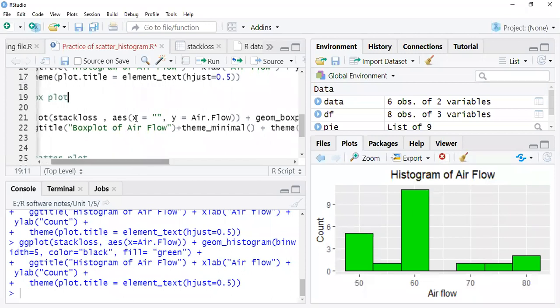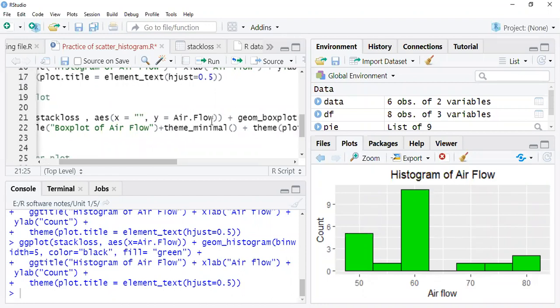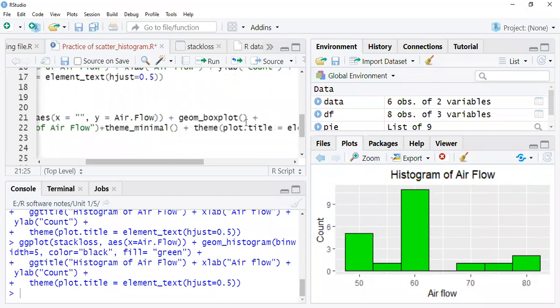So again, x-axis will be blank, meaning double quotes, and y-axis will be air.flow. That means we need a box plot for airflow. If you remember the questions, just put geom_boxplot, meaning we are drawing a box plot, so that's why we are writing geom_boxplot, plus you have to give the title.